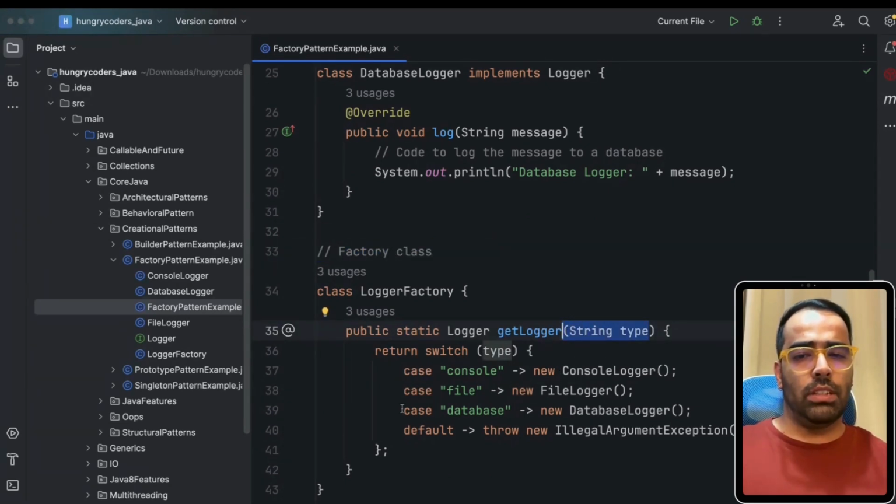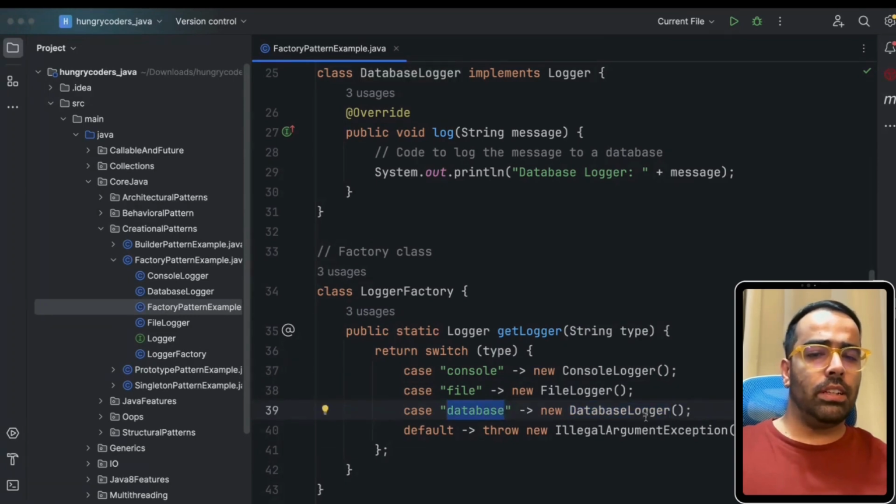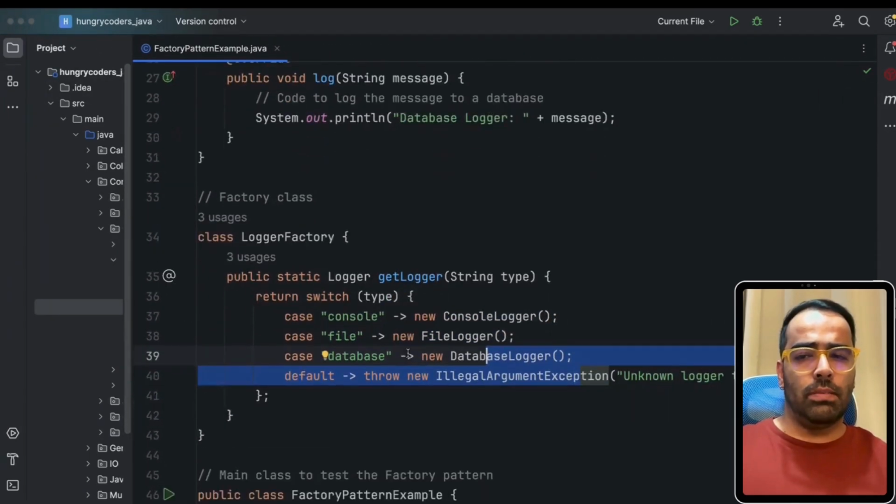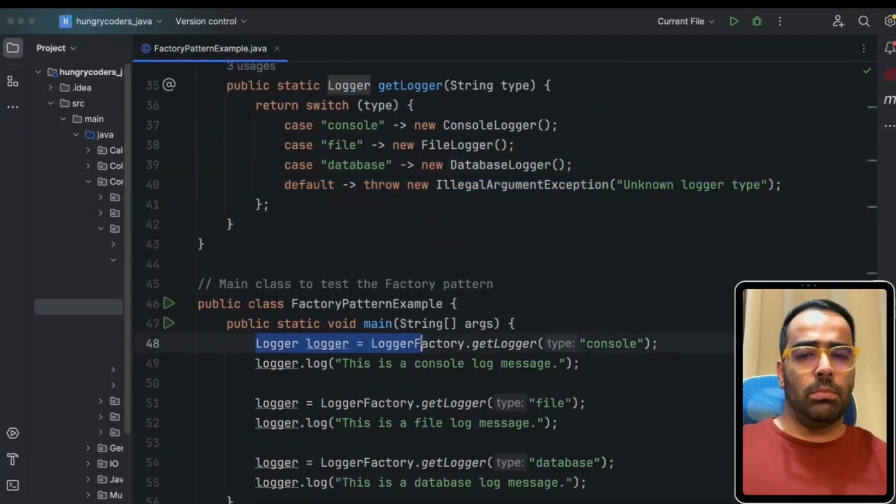So here I am using the switch statement and I am using case. If this is the case, return this class. If this is the case, return this, right? If case is database, return database logger, right? And if the input is something else, then throw an exception that that logger type is not available, right? So if you see here in the main method, what I'm saying is give me the